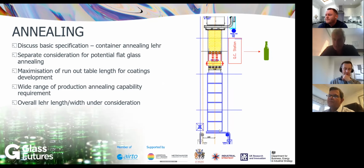Okay, the challenge is going to be the annealing lehr because the glass might be coming in quite cold after the low tonnage output and the long conveyor. So we might need to reheat a little bit more like a decorating lehr. But as you can see, at the moment, we've not got too much space. So we're discussing this, and maybe we need to fit at least another section in there. But the main objective we're trying to achieve with the lehr, obviously, apart from annealing the glass, is to have quite a significant run-out table, so we can